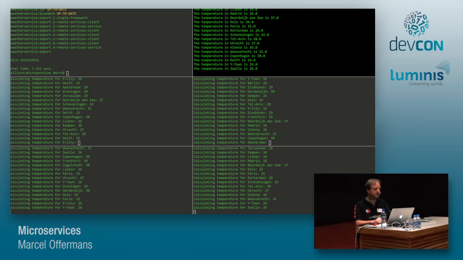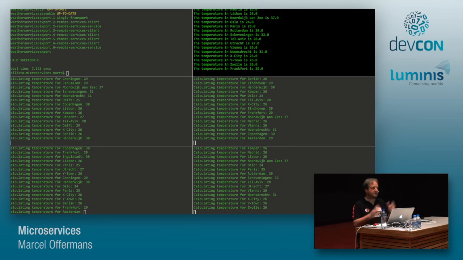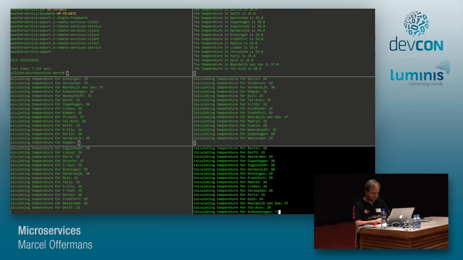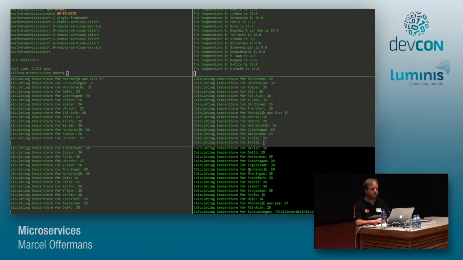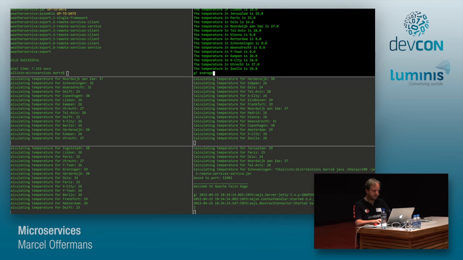And almost immediately we see it favors the faster one. I can run it a couple of times. In this example, the faster one is so fast that it should really always go there and not even bother invoking the slower ones, but hey, they're still around. They still get some traffic. And that's good, because if the fast one stops running, or becomes a little bit too slow, it will still continue and invoke the other ones. I'll restart it again. I can still see my averages, and I just stopped the fast one.